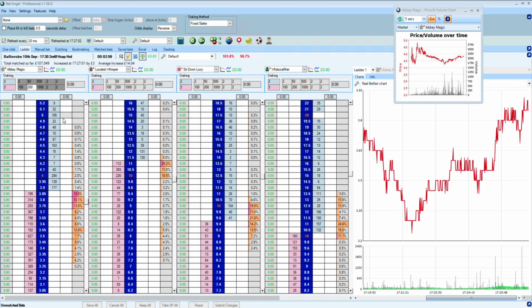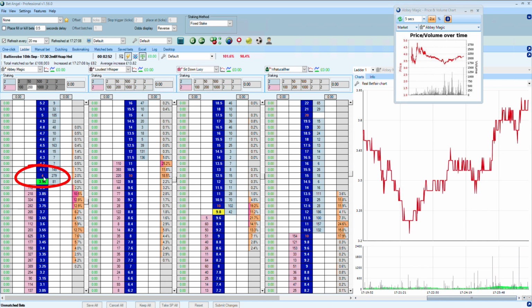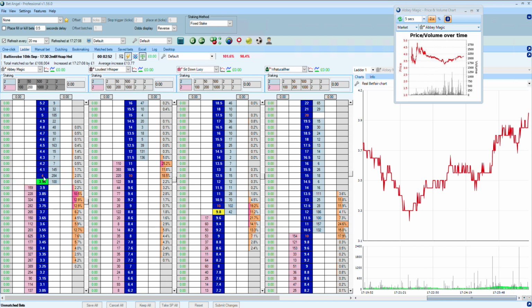So looking here at a familiar setup, I'm looking at the favourite here, and I'm particularly interested that it's near a crossover point. And when we're near a crossover point, obviously that's advantageous to us. I have done a video specifically on this, where I talk about the key advantages and benefits of doing this. But one of the other things to notice here as well is that we're sort of in the middle of